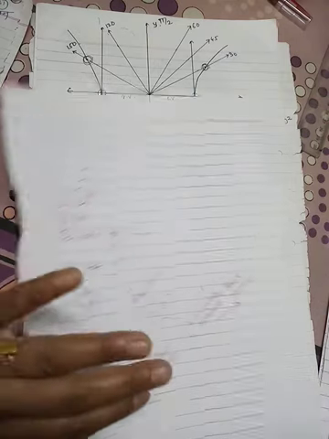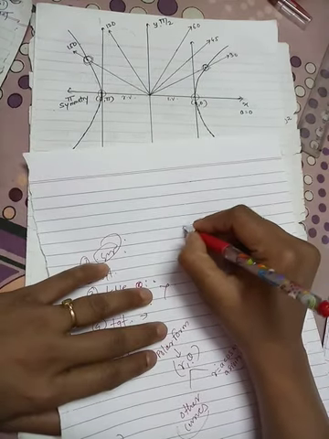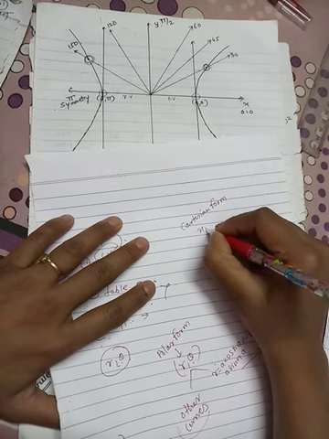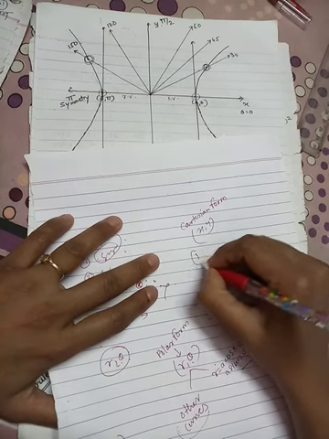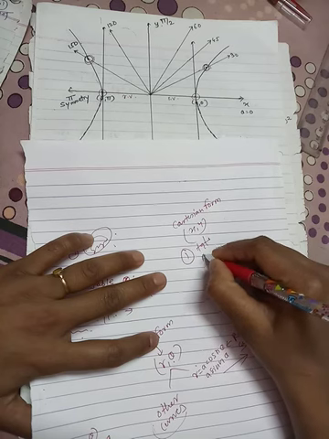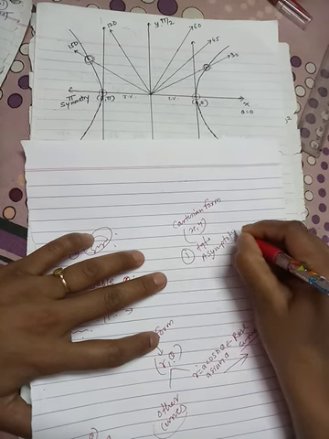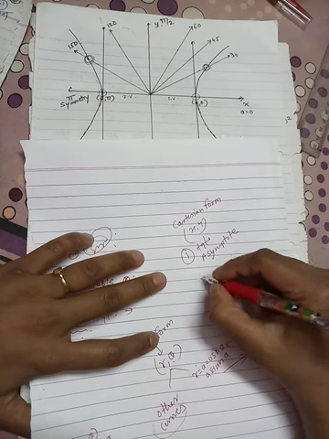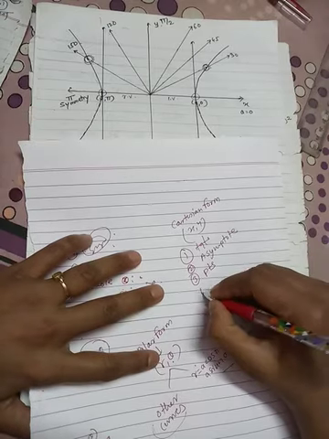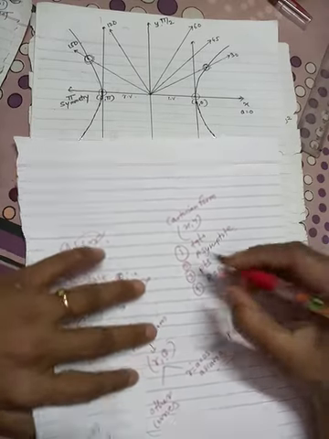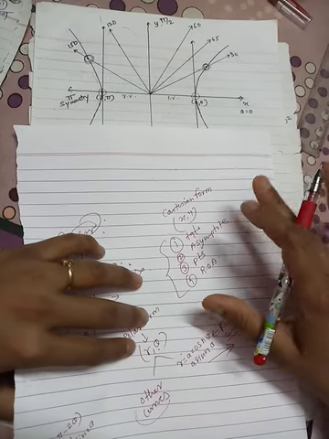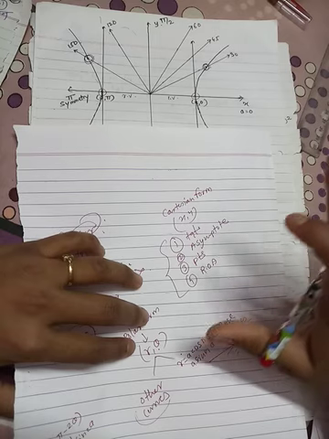So in a Cartesian curve, if the example is given in the xy variables, that is your Cartesian curve, then what are the main points to trace the curve? First is tangent, then second is asymptote, and then intersecting points and region of absence. So these points are main points. Using these main points we can get the final curve, total curve, or we can trace the curve.